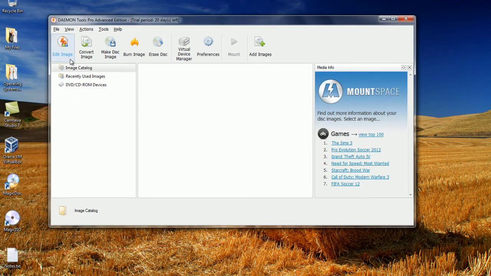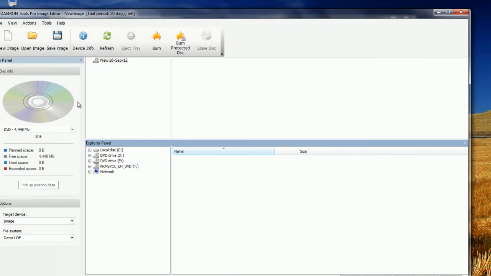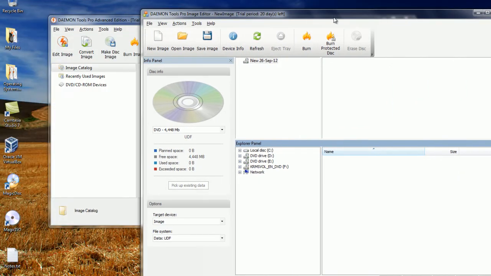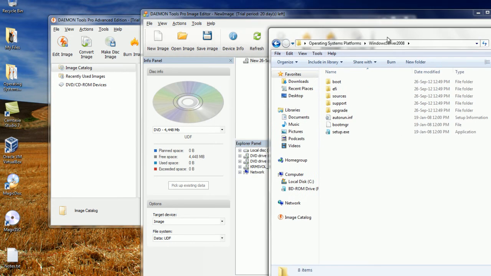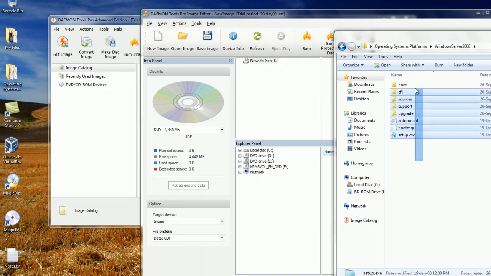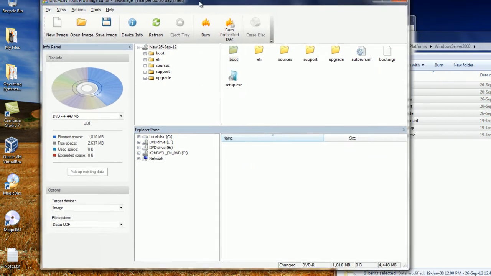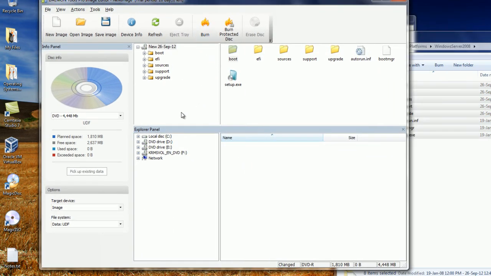Okay, when you have loaded Daemon Tools, you'll see Edit Image. You click on that, and now what you need to do is drag the files in to this area, as you'll see. After you've dragged them in, you'll need to save the image, so click on Save Image,